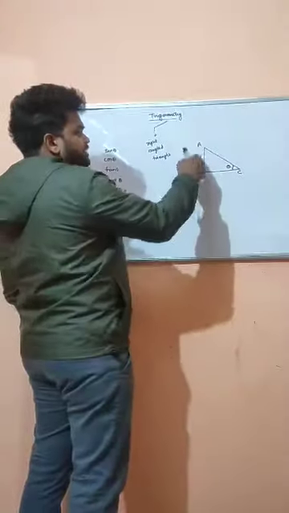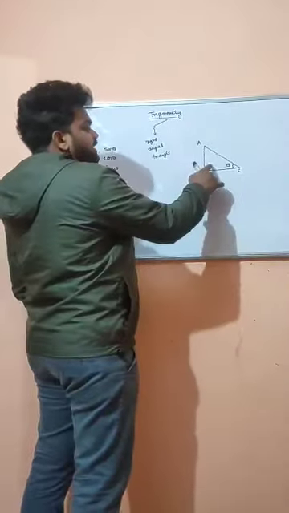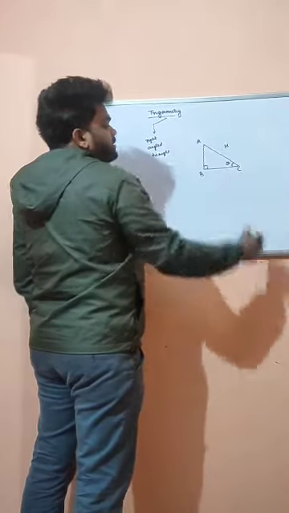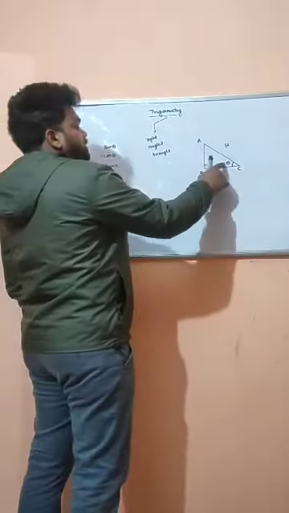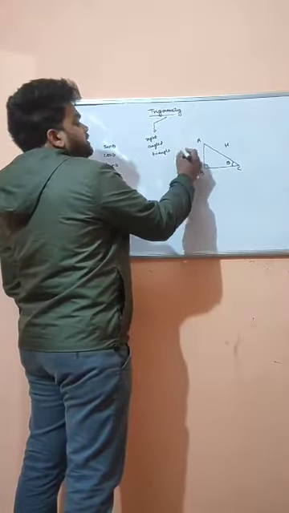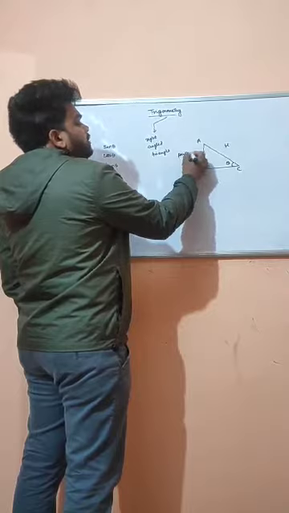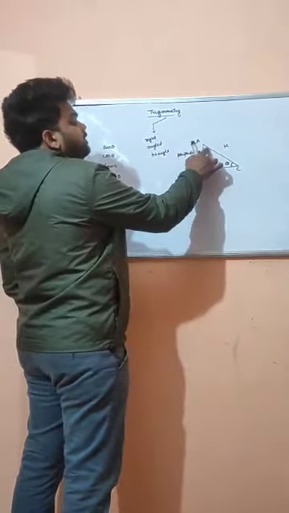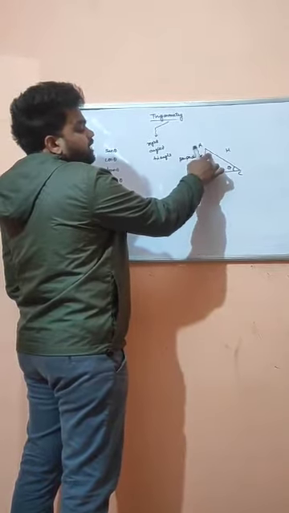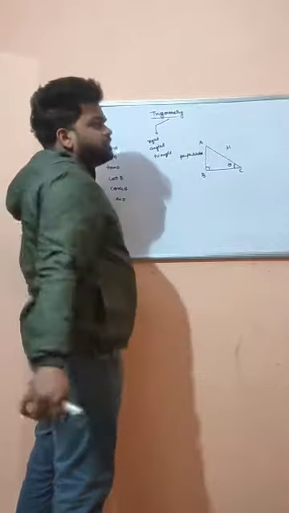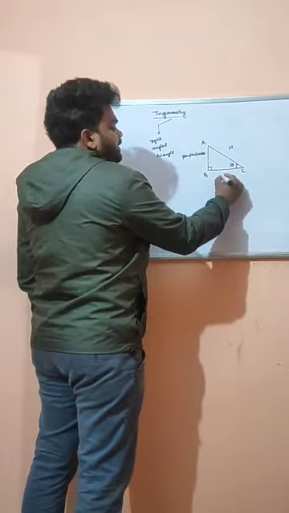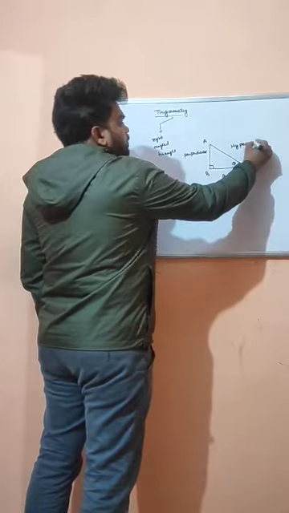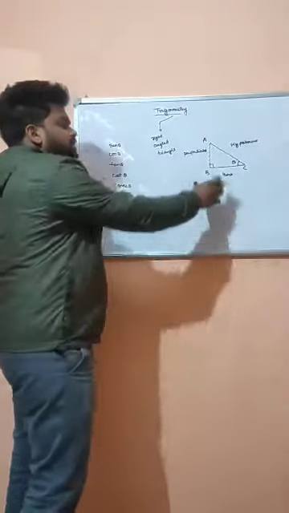In this right angle triangle, the side opposite to the 90 degree is called the hypotenuse. So this is the hypotenuse. The side in front of theta is considered to be the perpendicular. Perpendicular is not fixed in trigonometry. If you are defining theta for this angle A, then the perpendicular will be this side, and the rest side is the base. So this is your hypotenuse, this is your perpendicular, and this is the base.